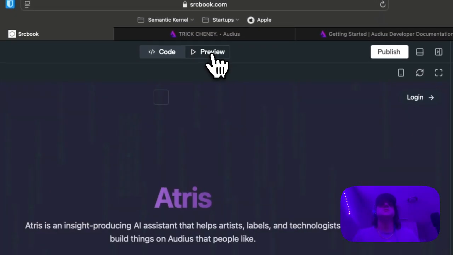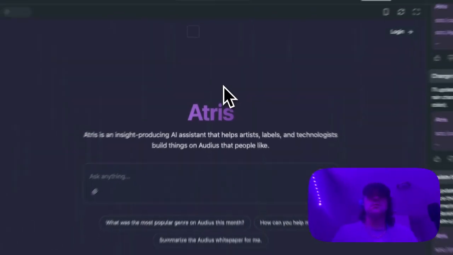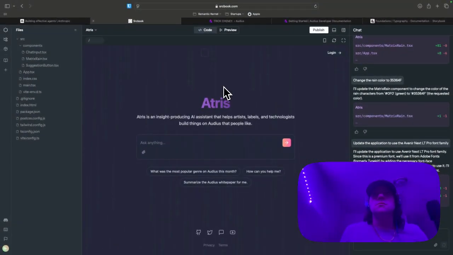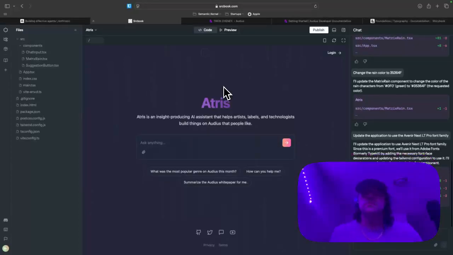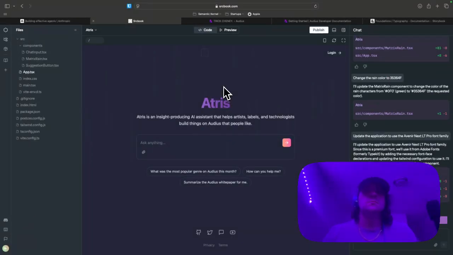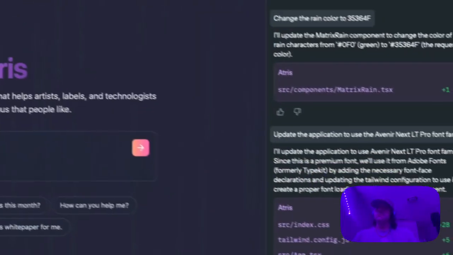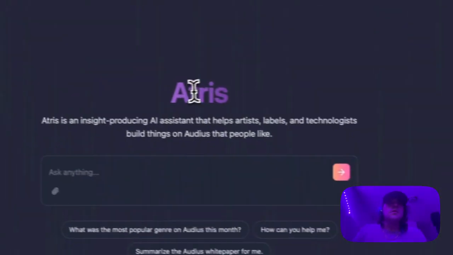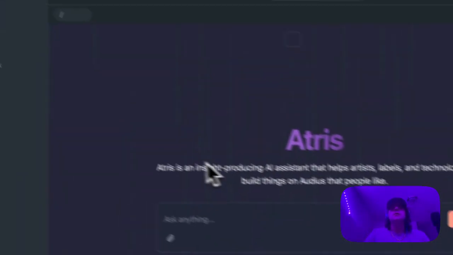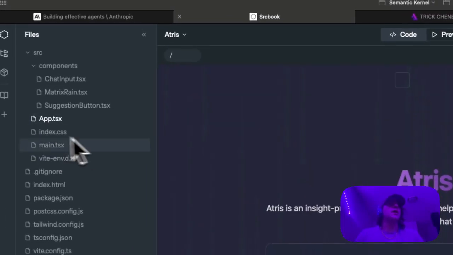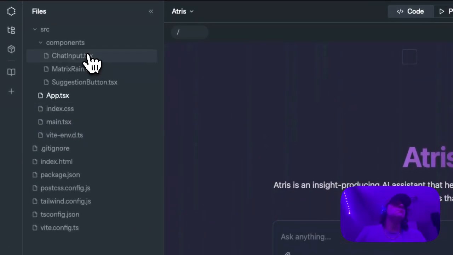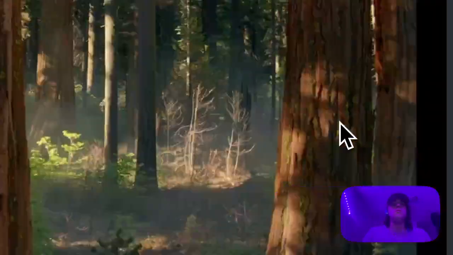Interested to see what this gets us. I don't know if there's an update there or not. But at any rate, so now what we're going to do